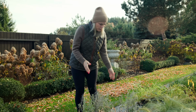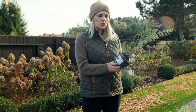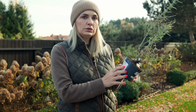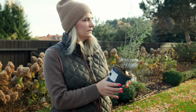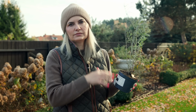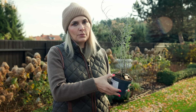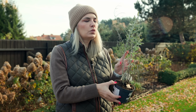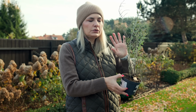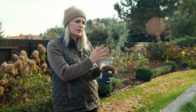First we have Perovskia. This is a plant I adore. I want more and more of that in the garden. This is a variety Blue Steel. You've seen Perovskias in my kitchen window border. There are 3 of them. Love them, and I want more of them. So this will be back of the border. Perovskia looks wonderful with humelo, looks wonderful with coneflower, looks beautiful with salvias. So you can always mix and match with that. This is a perfect